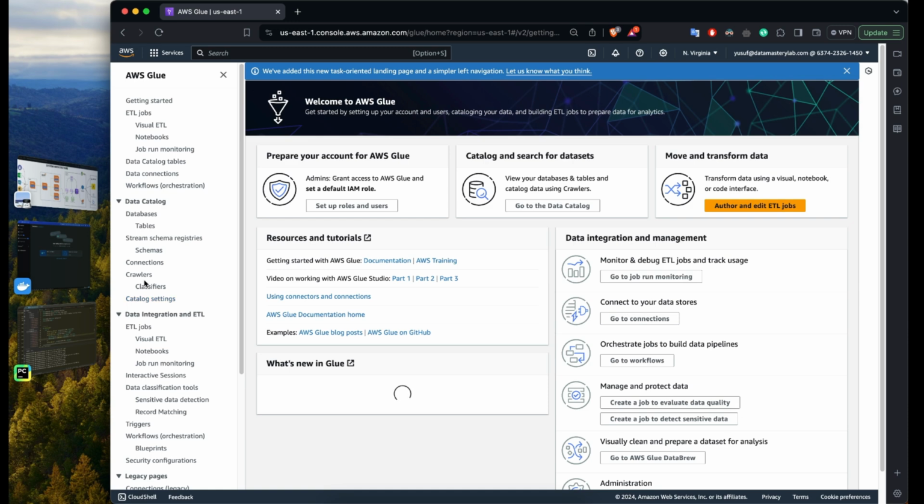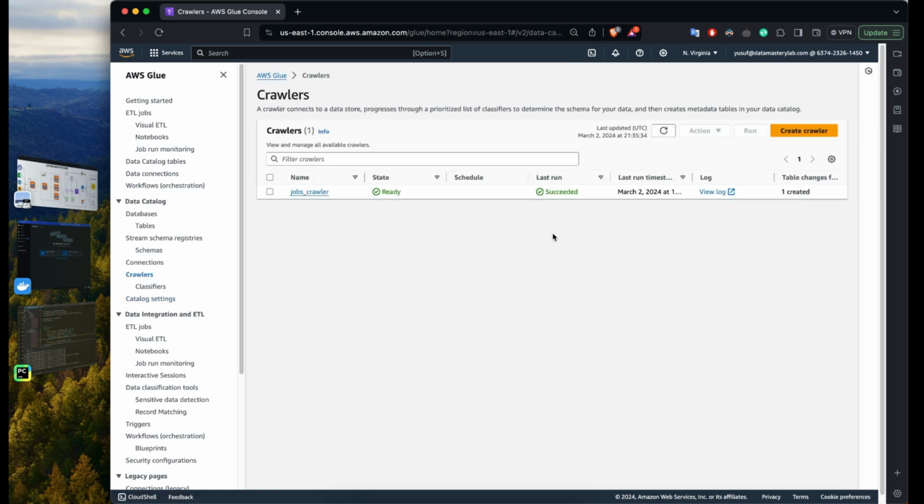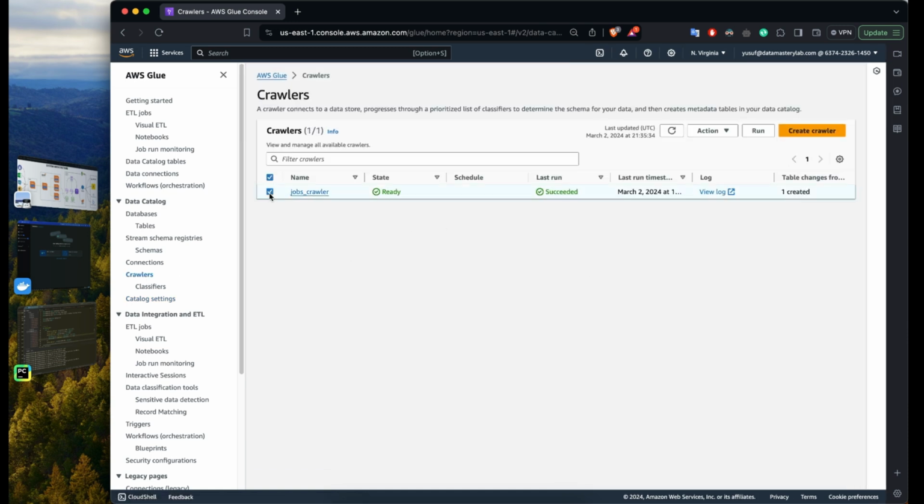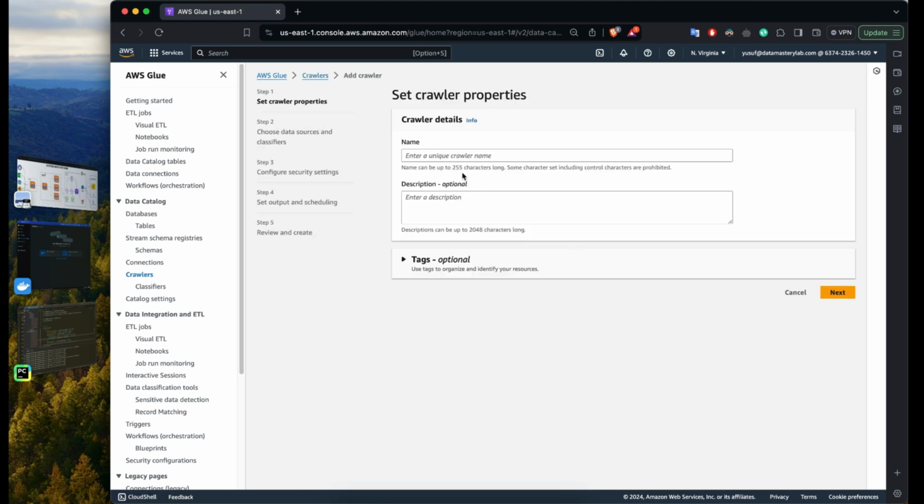So what I have in the crawler, in this case, I have a crawler already, so I'll just leave this here and I'll create a new crawler. Okay, so creating a new crawler, I'll call this Spark Unstructured